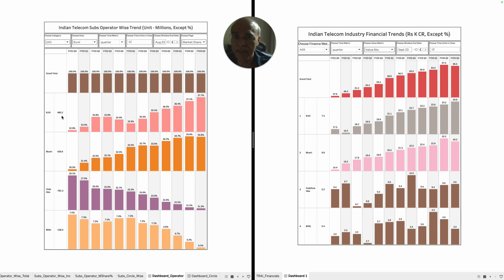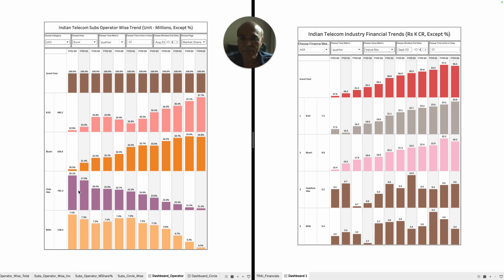It clearly shows the focus of Reliance Jio on rural areas much more than Bharti. It's trying to get as much market share as possible compared to Bharti, because Reliance Jio's market share numbers in rural areas are higher than Bharti's. Whereas Vodafone has lost 781 basis points of market share, which clearly points to the fact that Vodafone is unwinding from